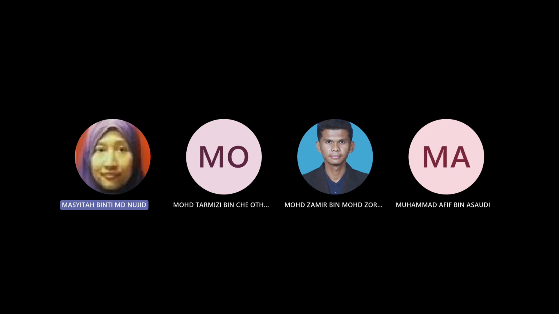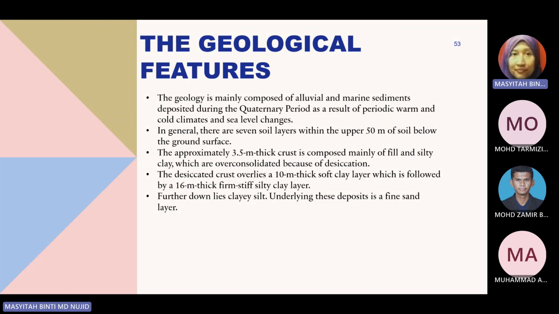We call it the history of the area, the site of the area itself. For example, if you have a dead body, we have to figure out the physical condition of the dead body, and then we need to know the internal side of the body, the damage to the internal organs. Similar to this area, they find out the geological features on the site area where it is composed